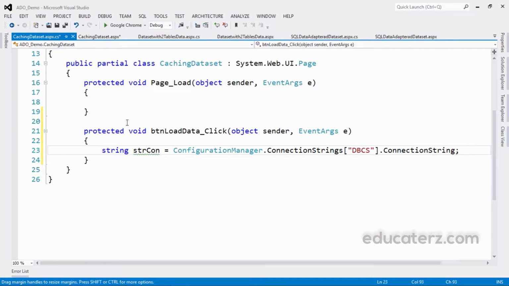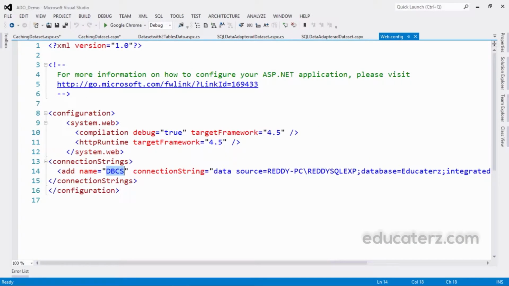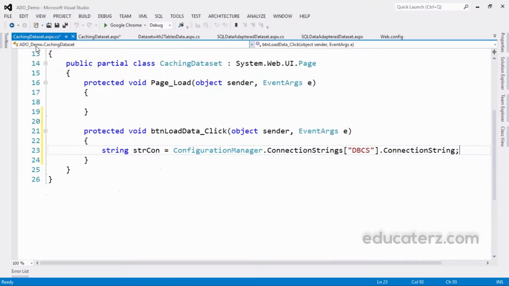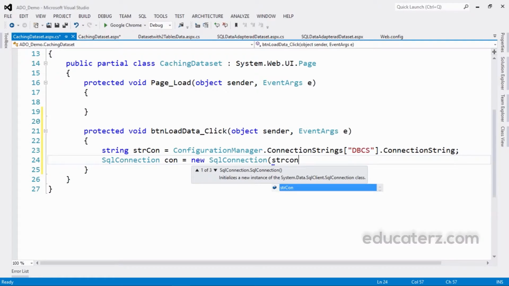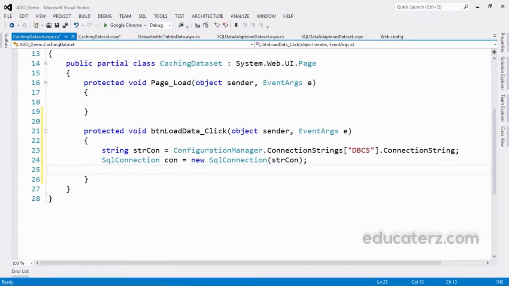If you don't remember, go to the web.config file. There you can see this dbcs is written. Now after this we need a SQLConnection, which is always required whenever you are going to connect to SQL. Let me pass this strcon as a parameter to the SqlConnection class.